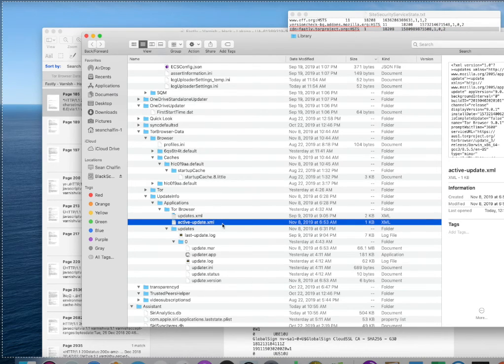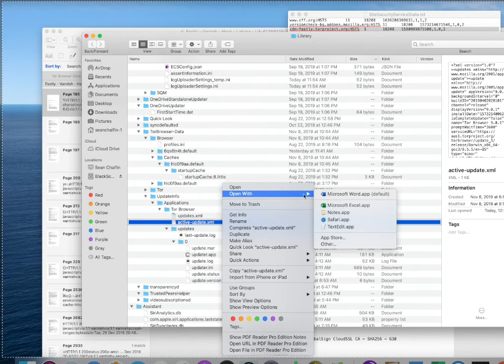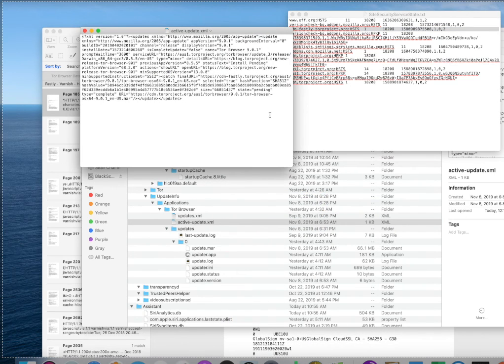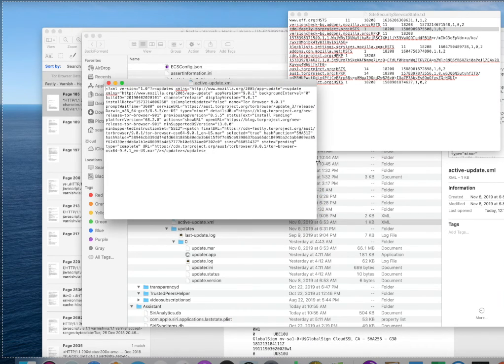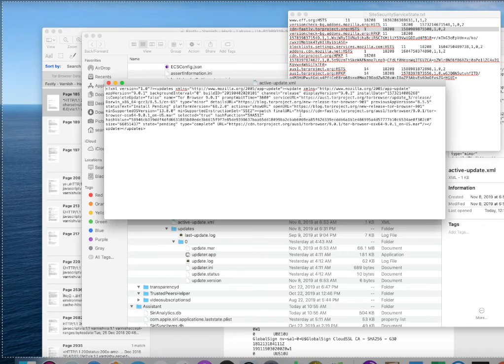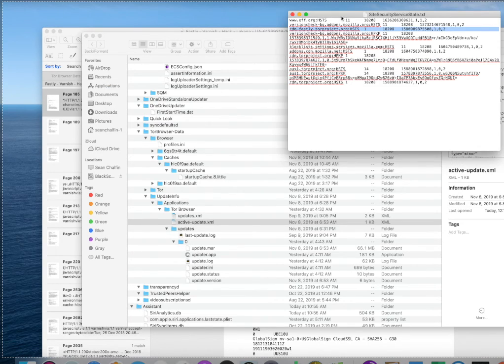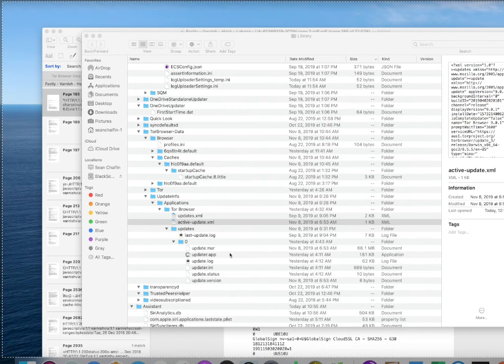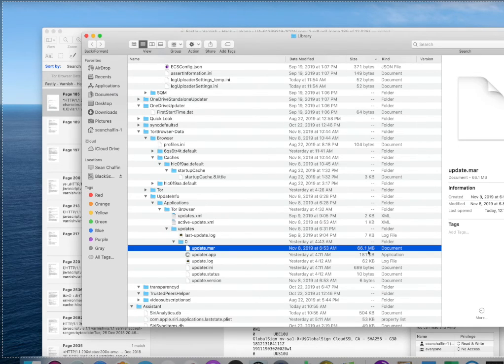This is November 8th, 2019, and we're going to do a text edit file and look at them now. Now this file is a .mar file, and this .mar file is still alive, and it's right here, and it's 66 megabytes, and it's all encrypted.